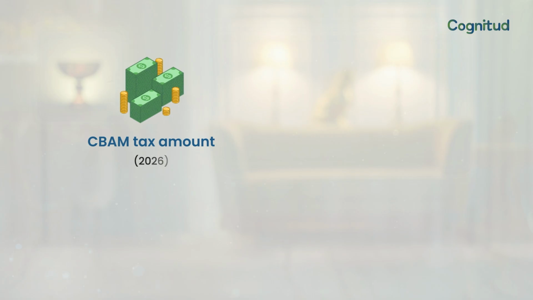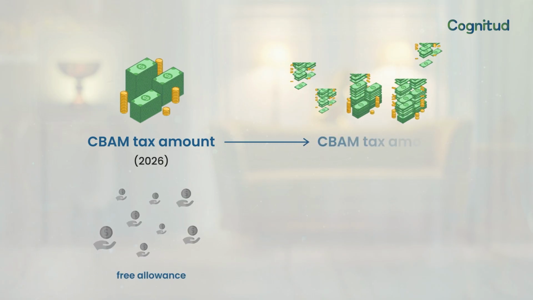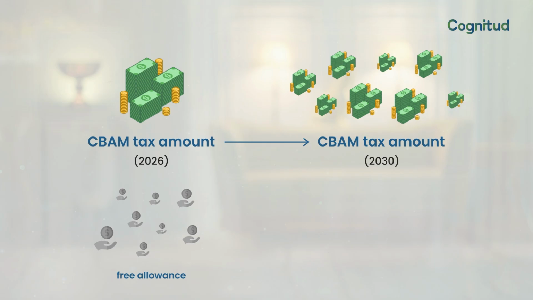holds the potential of getting massively evolved alongside the European Union's greater climate strategy. Sectors such as the ones responsible for the most carbon leakage and likewise who profit from the free allowances under the European Union emissions trading system are likely to witness these allowances being phased out and replaced by the CBAM. Coming to the European Union CBAM tax amount, it will be quite small in the year 2026, but will grow exorbitantly from the advent of 2030 with the gradual elimination of free allowances.